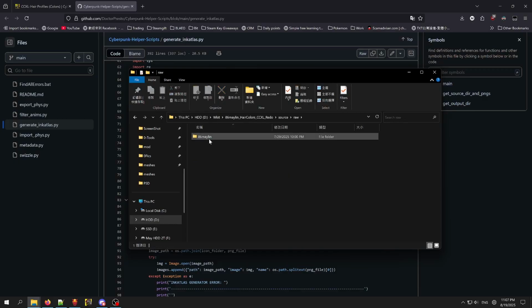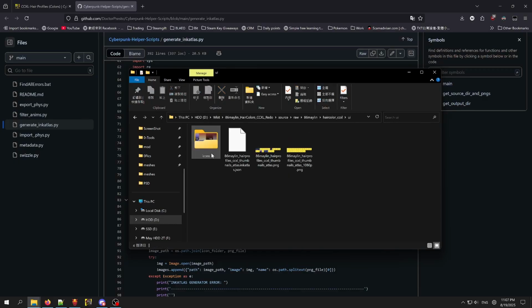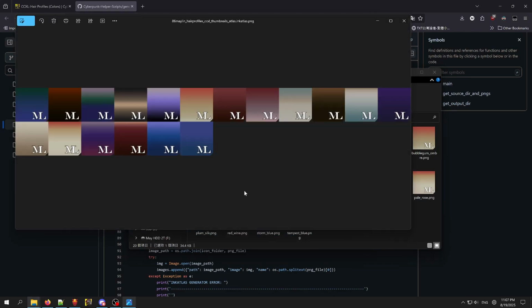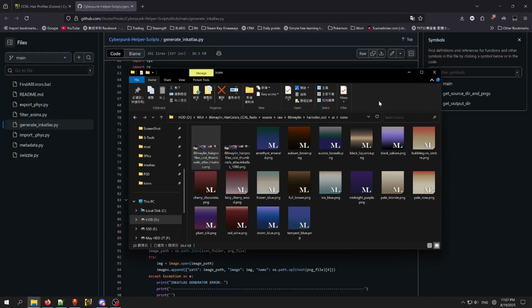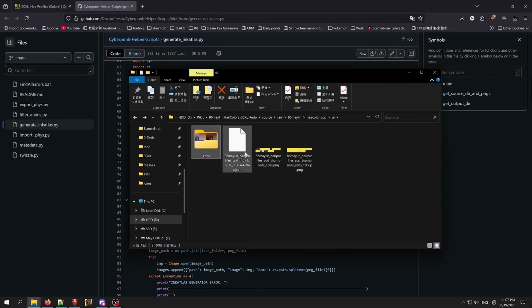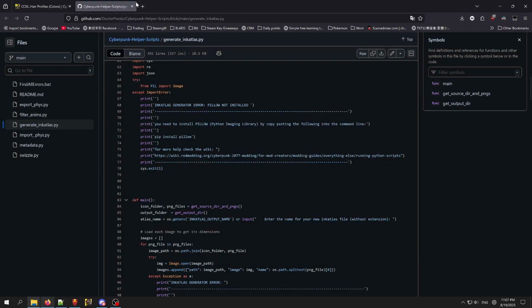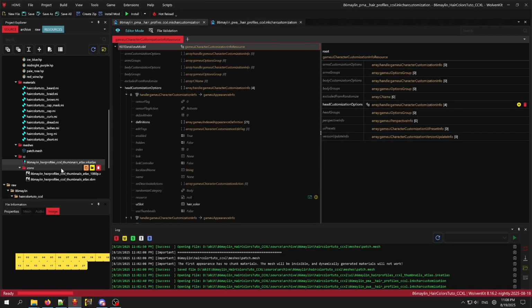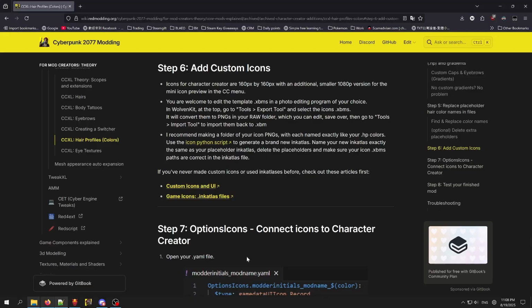Like I have the raw folders here with the UI. Yeah, I basically have exported all my color icons individually, and then it generated this for me, so it can be used. This PNG and also this ink atlas, so I can convert it back. It's pretty good. You can use that, or you can manually export the XPM, line this up, and import it again. So up to you. All right, next,